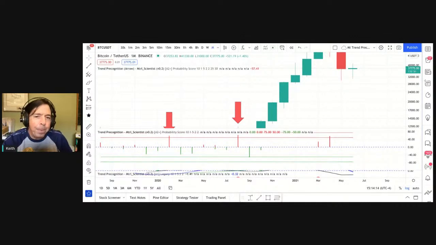As I said at the top, Fred designed this thing for high timeframes, but as we like to do with every one of our tools, we get under the hood, we play with it, and see what's possible. So let me show you what I have discovered through testing and playing with this algorithm in a number of ways to use it on an intraday chart.